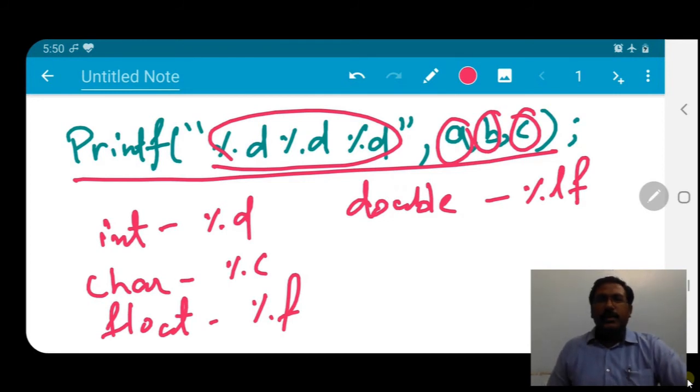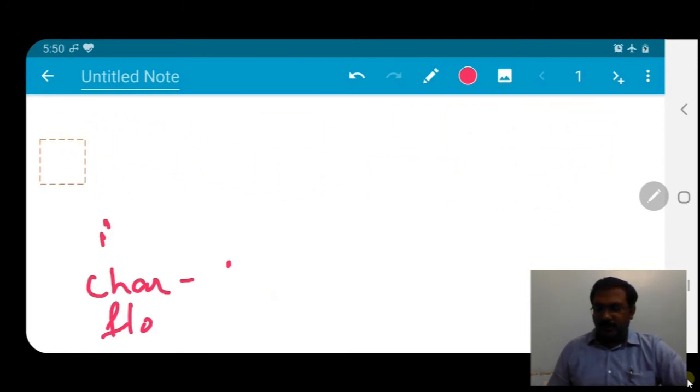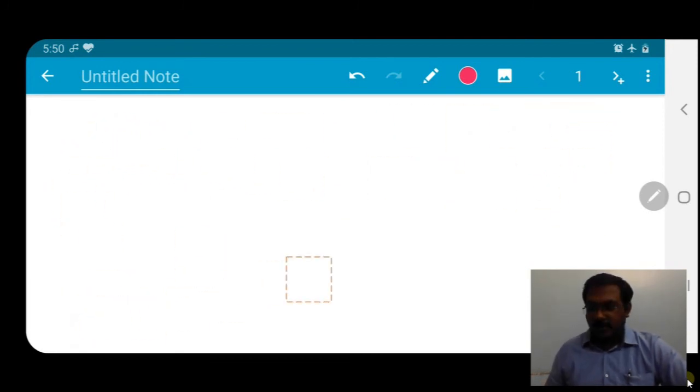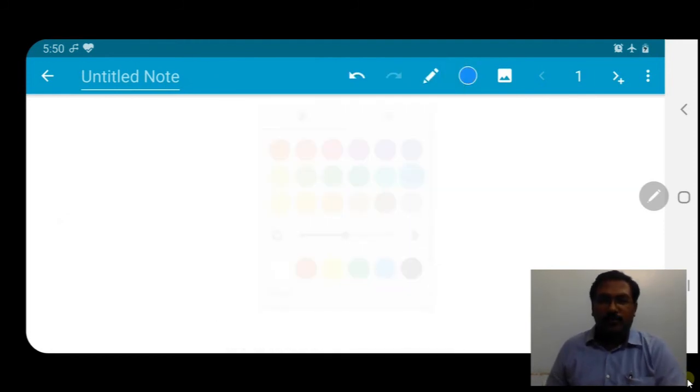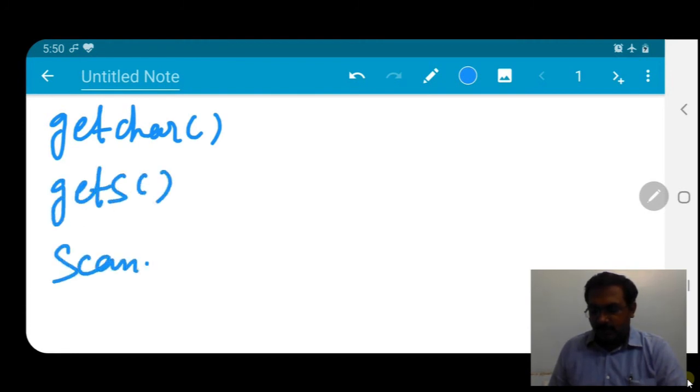Fine. Then after printf, as I mentioned, just like output functions, we have input functions like getchar, gets, and scanf.